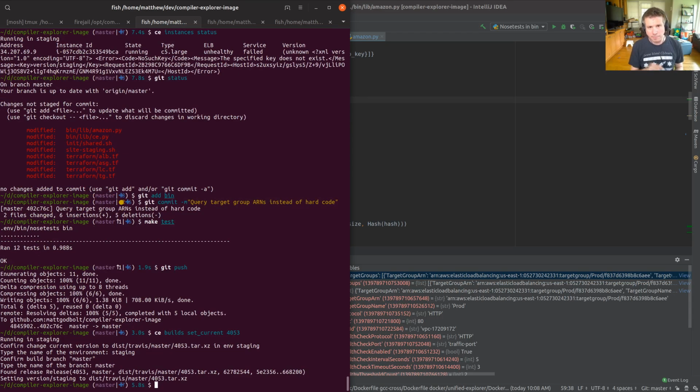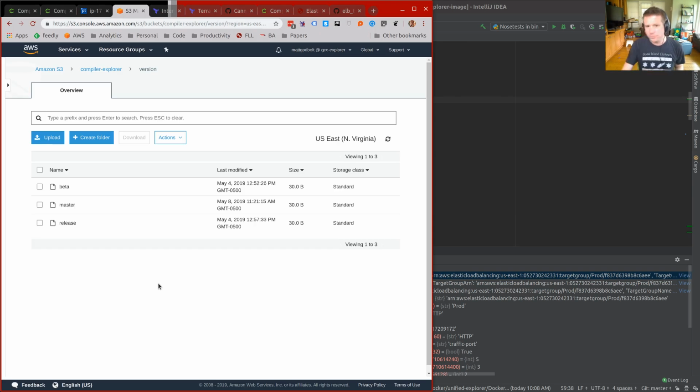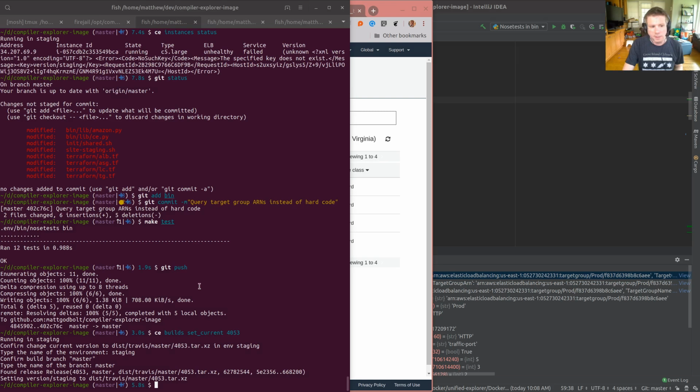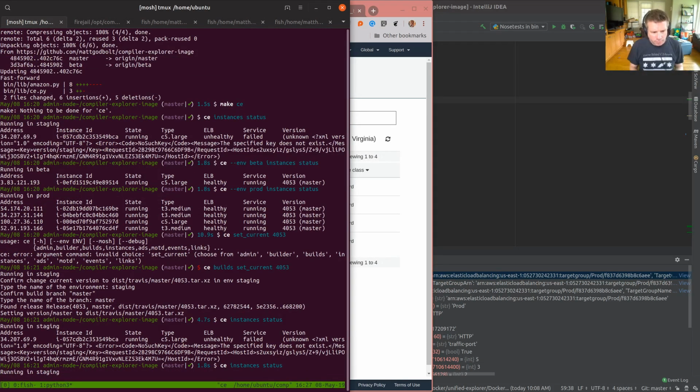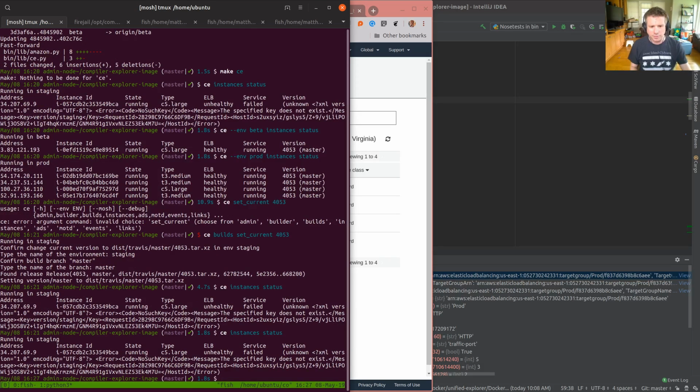So confusingly, that branch there is the branch that the built Compiler Explorer tarball was built from. This is so we don't accidentally deploy a test branch to the production environment. So if I were to refresh this now, hopefully we'll see a staging. Yay, we see staging there. Excellent. And if we do that, does this now work? If so, there's a real disparity. No, it's still having trouble knowing which version to do.